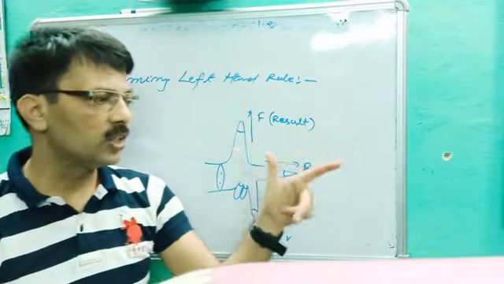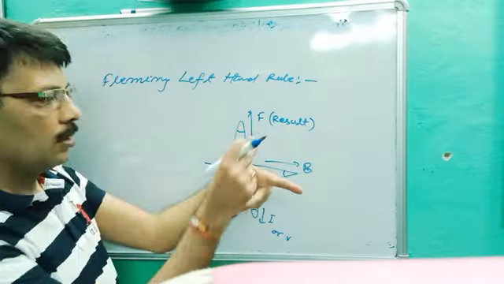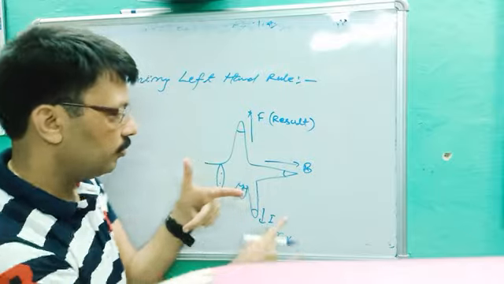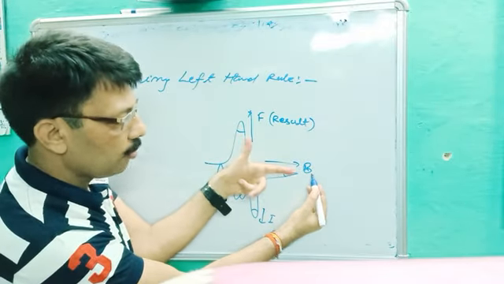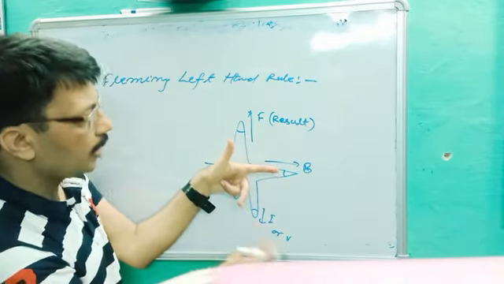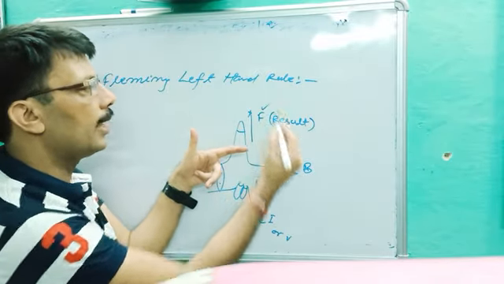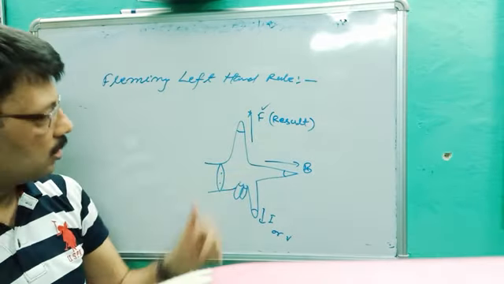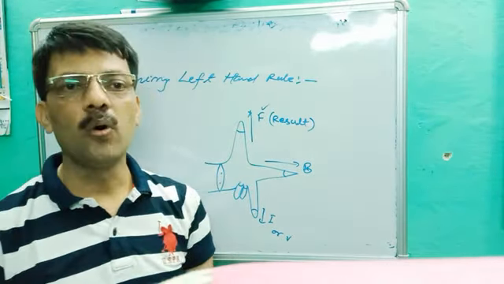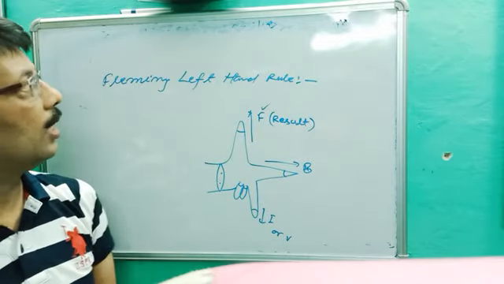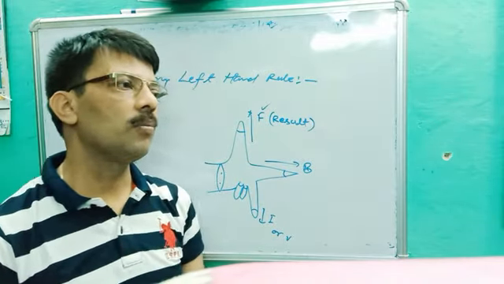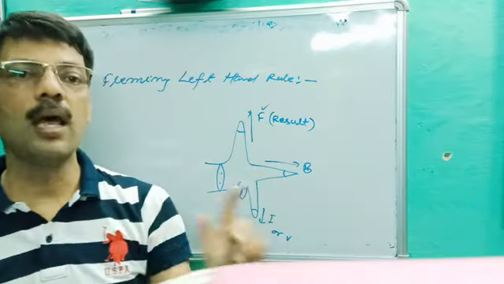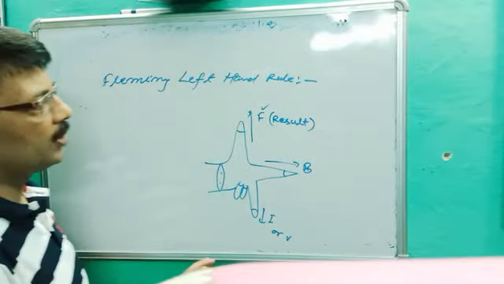Okay, once again, if we stretch our left hand such that thumb, forefinger and middle finger are perpendicular to each other, then if the forefinger represents the direction of magnetic field and the middle finger the direction of current, then the thumb will represent the direction of force. Very important, direction of force. And this is also called the motor rule. It is known as Fleming left hand rule, or it is also called the motor rule, because in a motor we have to find out the direction of force by Fleming left hand rule. Okay, so this is all about your Fleming left hand rule.